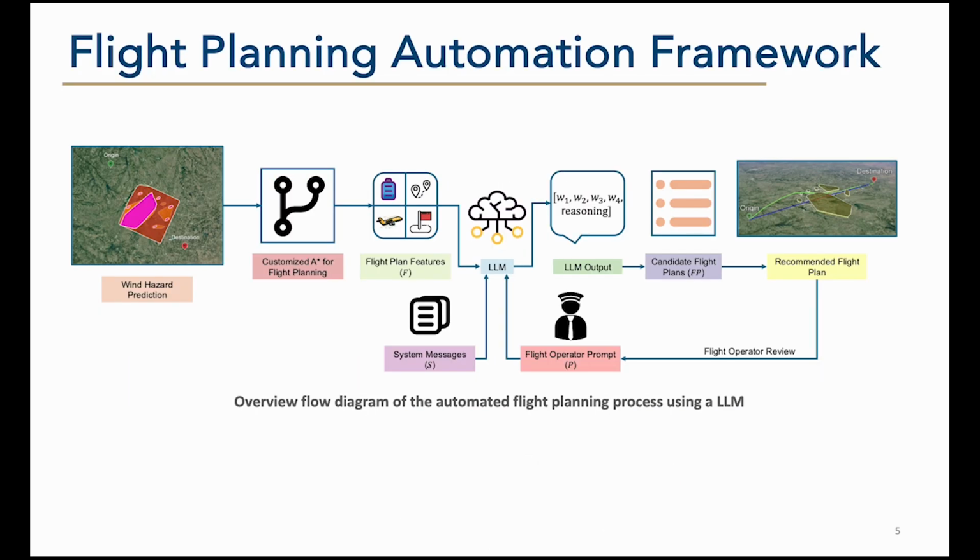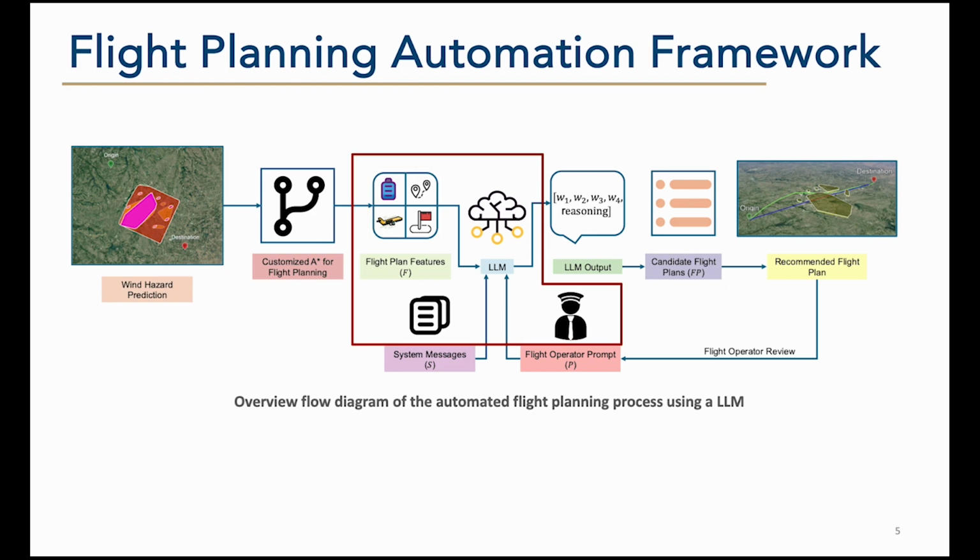Let's look at the overall architecture of our flight planning automation framework. Here we have the wind hazard prediction. Then we'll use our customized A* flight planning algorithm to generate a diverse set of flight plans. Each of these flight plans will have a certain number of features. These features then will be augmented with system messages and a user prompt from the human operator to generate a bunch